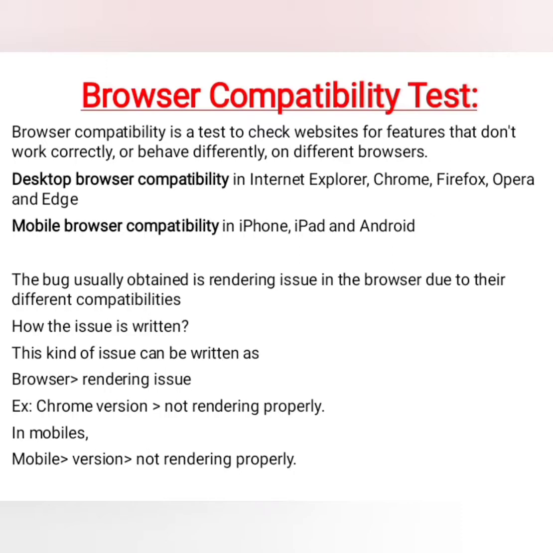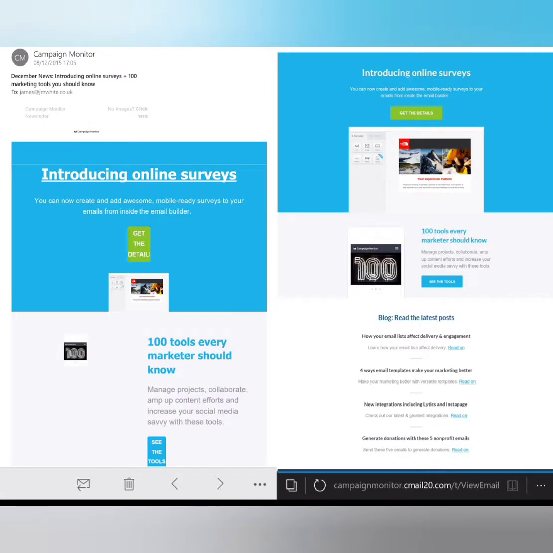Whenever an image or hyperlink is not executed or is not working properly, we report this type of bug to the developers. Here I have taken some examples. In this, if the images are not executed or replaced properly, we can say this is a type of browser compatibility issue. If we take another browser, it will work fine. If we use some kinds of browsers, it will not work. So that browser has a compatibility issue with these images.